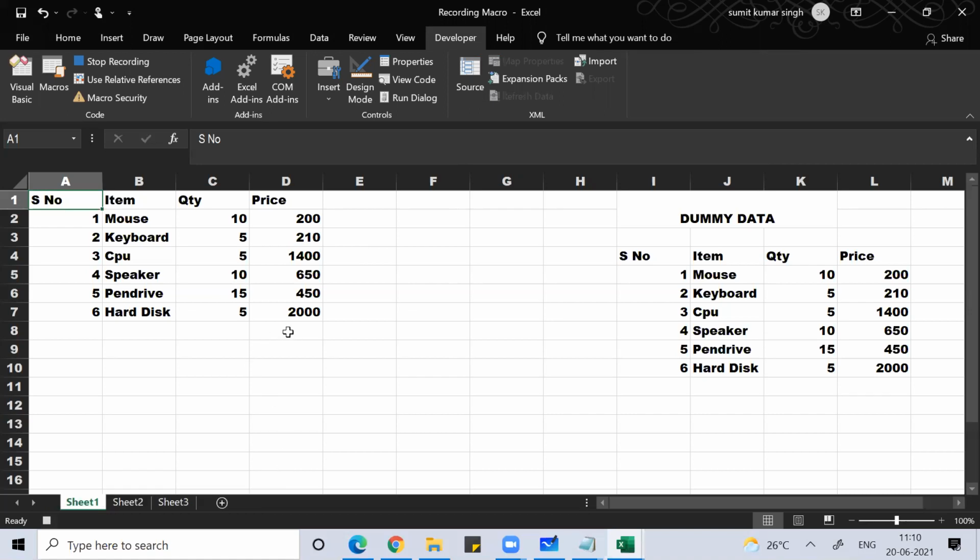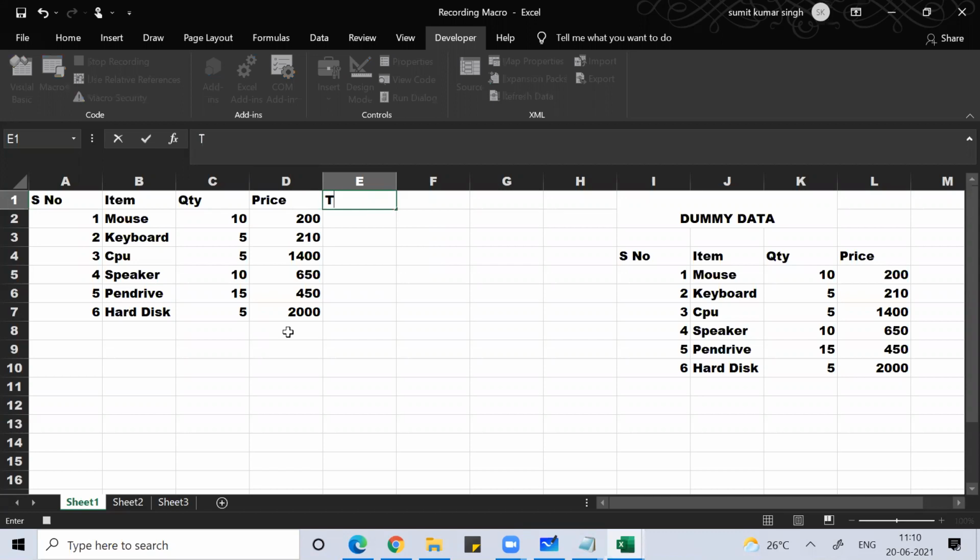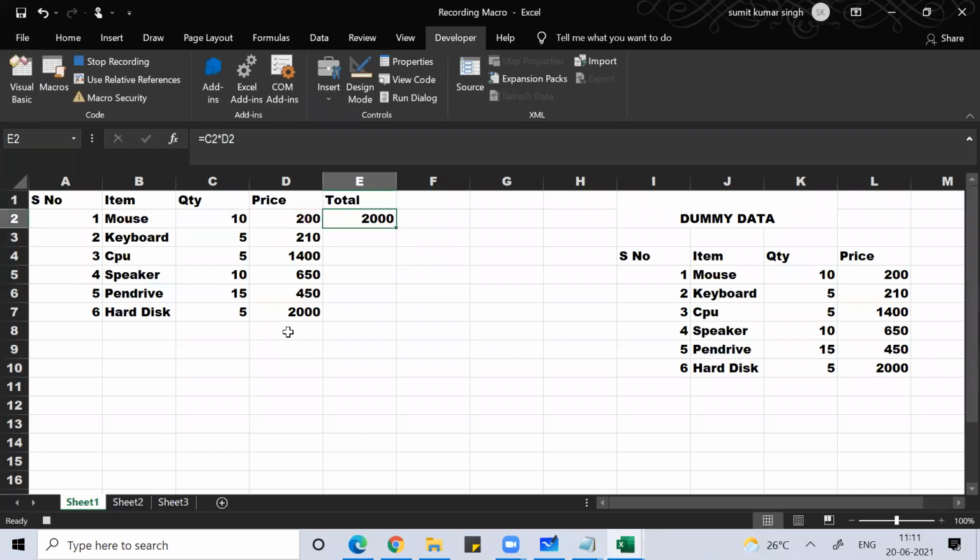So what I want to do for this, I want it to do the total of this data, whatever I'm putting. So this should be equal to this into this cell. Then left arrow, then Control down arrow. Then I'll use relative referencing. Then right arrow. Then I close the relative referencing. Okay, I forgot to copy the formula.